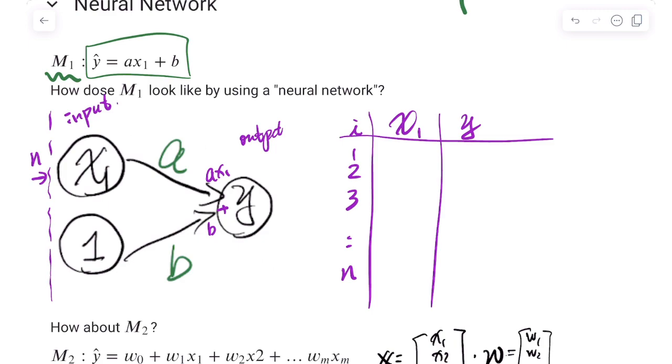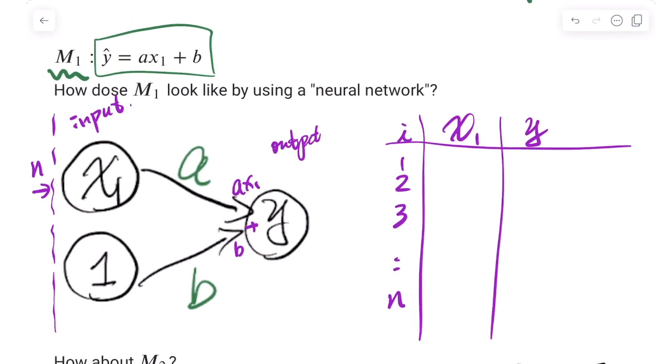So that is how it is drawn. For example, if you have only one feature, which is the X1 right here, you simply draw a circle and that is X1. So basically that is the input value. Since we have only one feature and one target value,